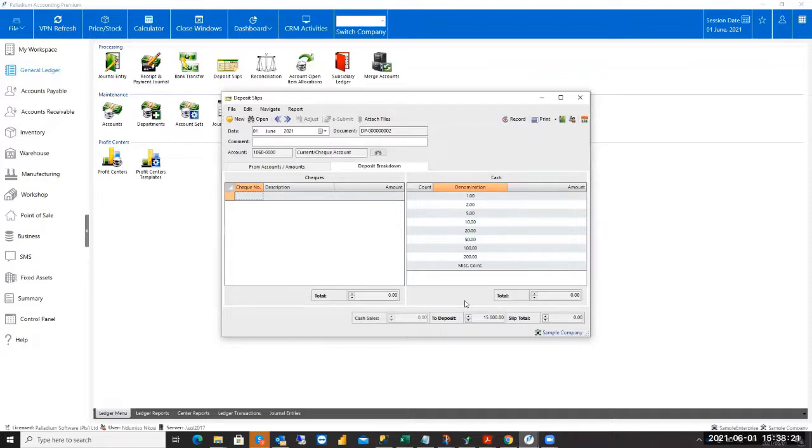So if you counted 10, 20 Rand notes, that's 200 Rand, and you'll have some 50 Rand notes. So maybe we'll say 20 of these, that's 1,000. And then maybe you had 50 of that, that's 5,000. So we need 6,200. So we'll say